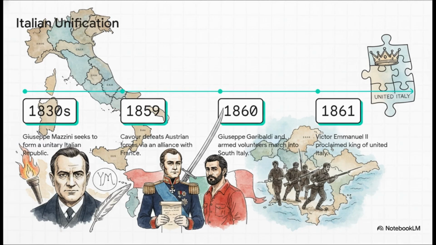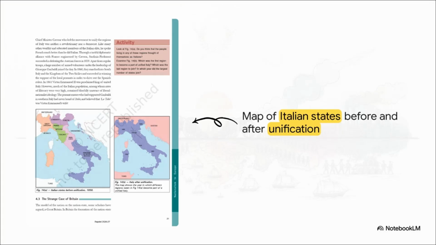In 1860, Giuseppe Garibaldi joined the fray, marching right into South Italy. By 1861, the puzzle pieces finally snapped together, and Victor Emmanuel II was proclaimed king of a united Italy. The contrast between these two maps visually proves the sheer scale of the puzzle Cavour and Garibaldi actually had to